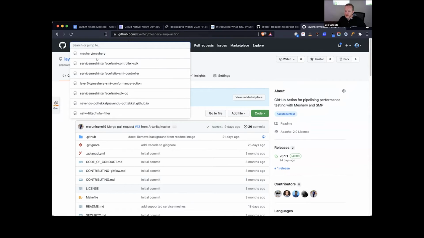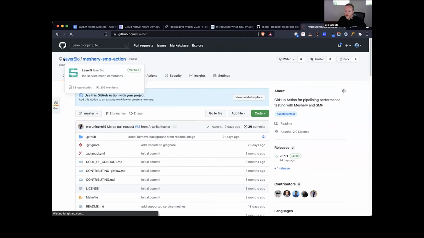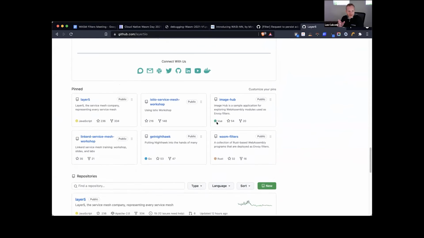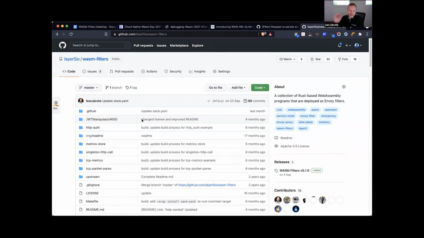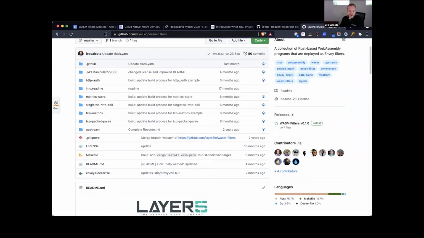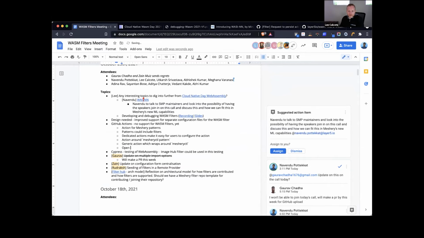But the nice thing is that there are 2 prior examples of GitHub actions for Meshery CTL that can be copied from and used as a great starting point. Nice. So I'm going to tentatively move on to the next topic, but excited that Adina and Jubril might be working toward those items.